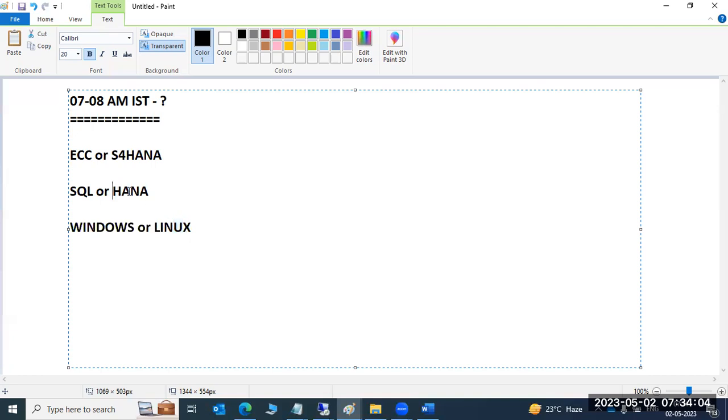We will definitely discuss HANA, because HANA database is required nowadays as a Basis consultant. We can install SAP on Windows, and HANA on Windows or Linux. Either S4 HANA or ECC, not a problem, it's our choice. On day one itself we can decide which one we will discuss.